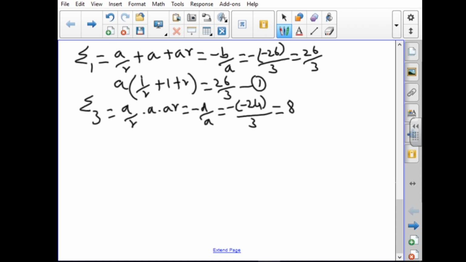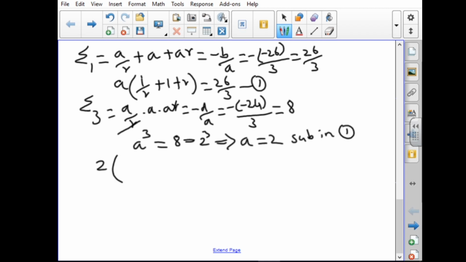Now, R gets cancelled here, so we get A cube is equal to 8, which is 2 cube. Therefore, it gives us A is equal to 2. So, A is equal to 2. Now, this we will substitute in 1. So, substituting in 1, we get